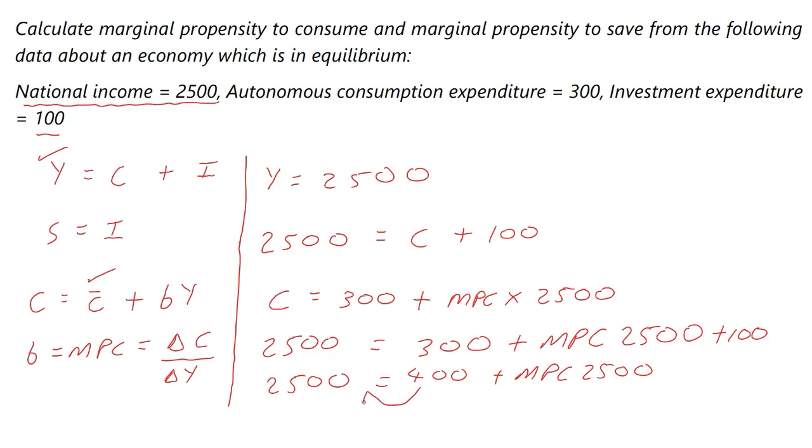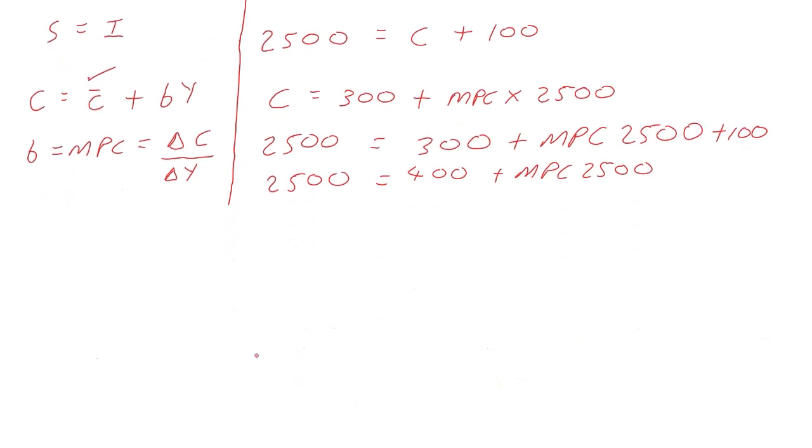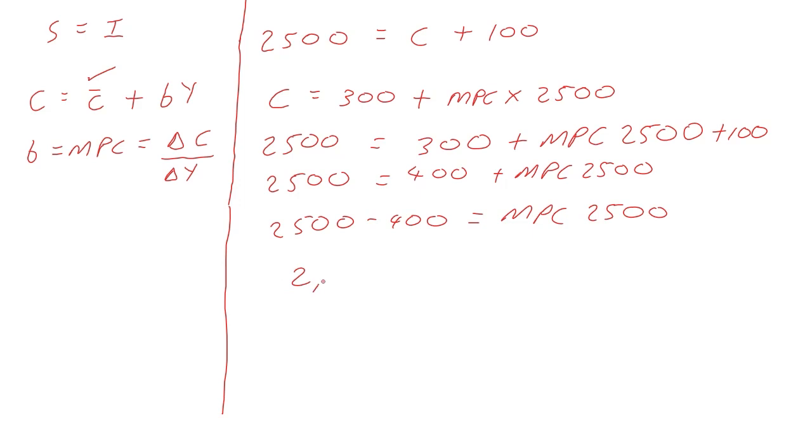The 400 over here is addition, so on that side it becomes subtraction. So 2500 minus 400 is equal to MPC times 2500. And then I get 2100 is equal to MPC times 2500. The 2500 over here is multiplication; if it goes this side, it becomes division. So we are saying that 2100 upon 2500